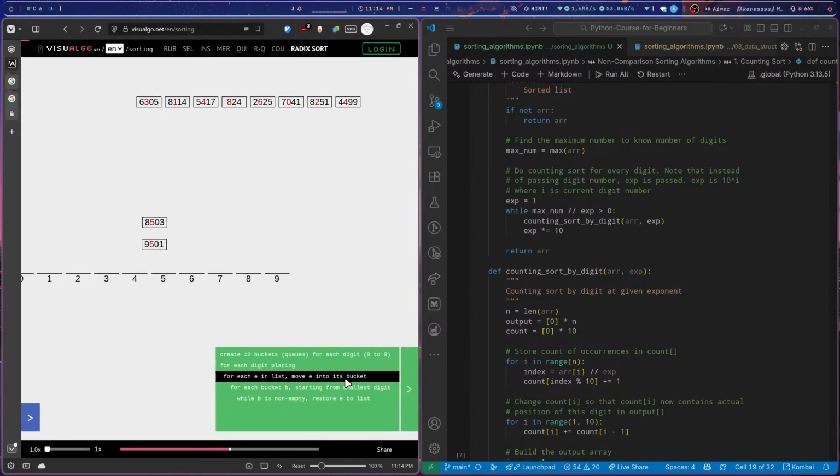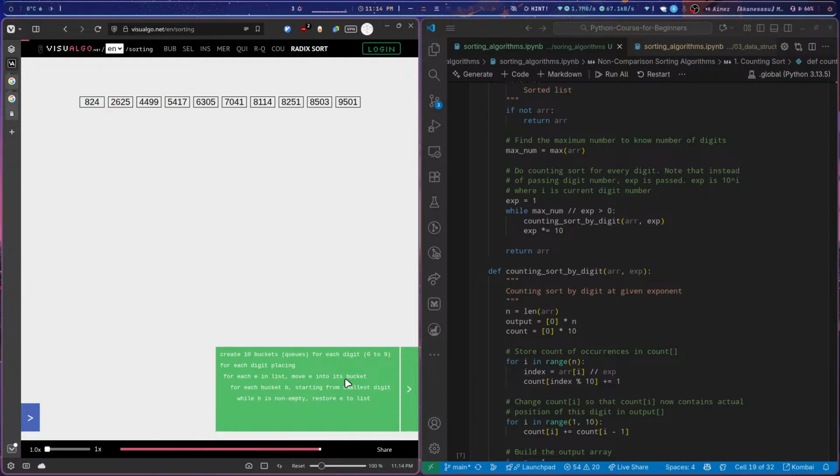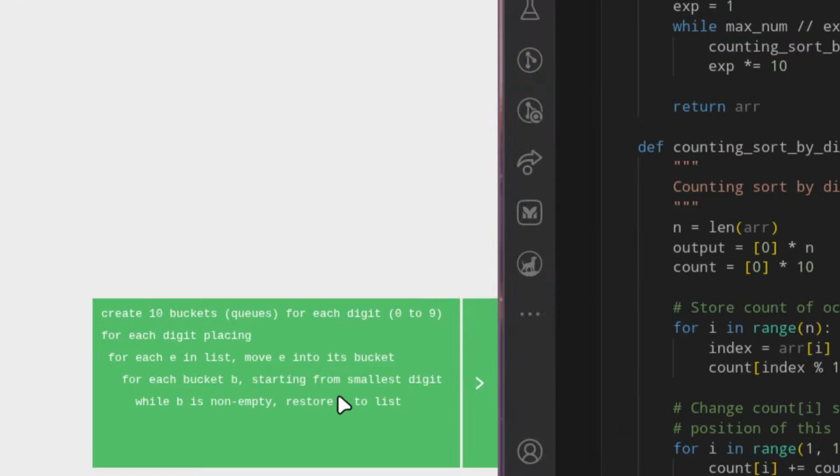So first, in the first loop, it will take the last digit. In the next loop, it will take the second last digit. In the third loop, it will take the third last digit. Okay. Then what happens? As it takes the digit, it puts them in a bucket of priority lists. Okay. Then for each bucket B, starting from the smallest digit, while B is not empty, restore the E to